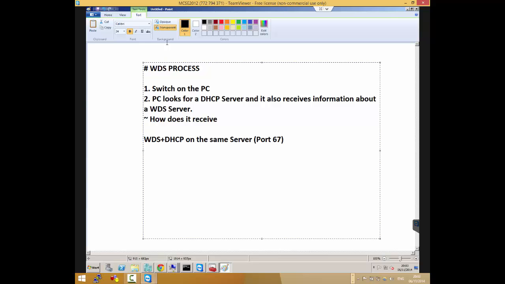So how does it receive information about the WDS server? You said if WDS and PXE are on the same server, it's going to use port 67, or is it the port that you mentioned? It's port 60.